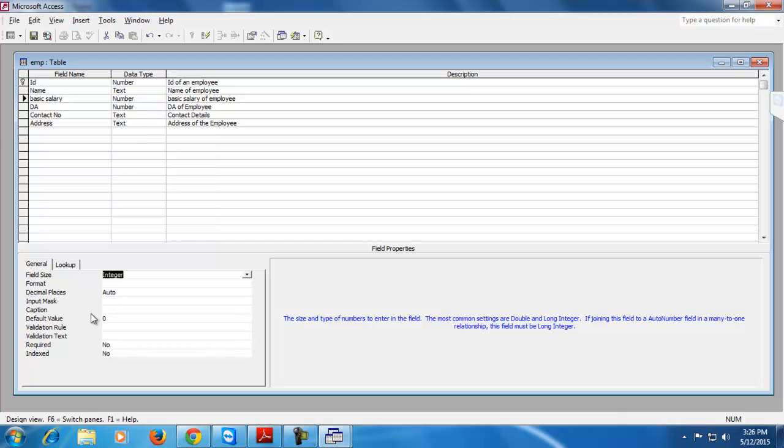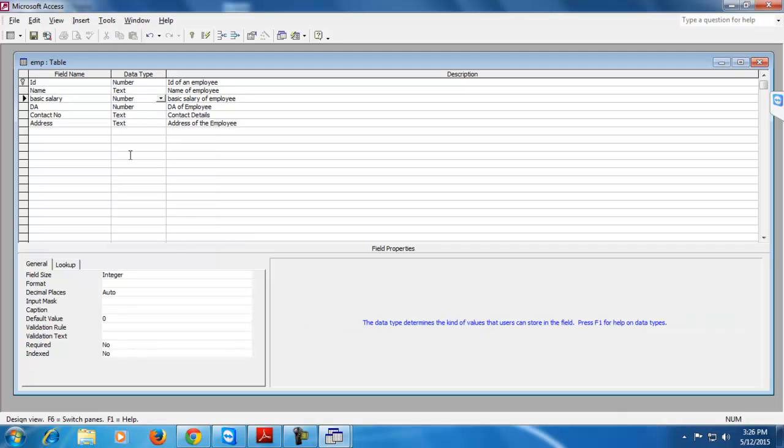And to specify the check on salary, for example, if you want the salary should be between 15 to 30,000, then you can apply validation also.